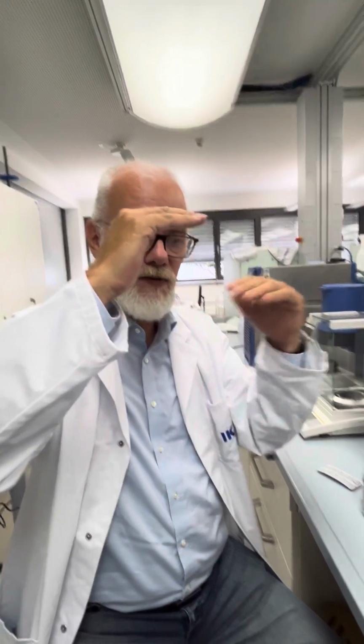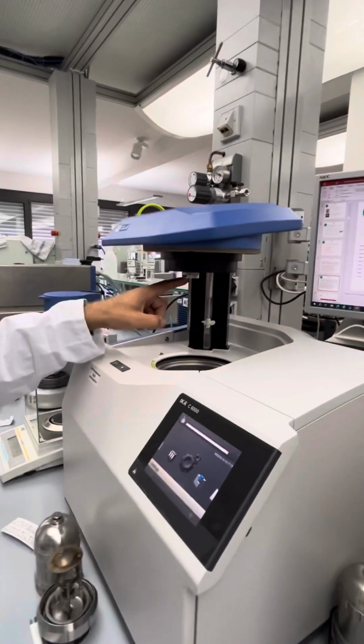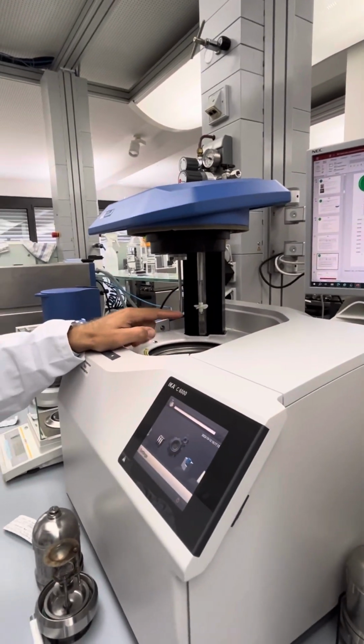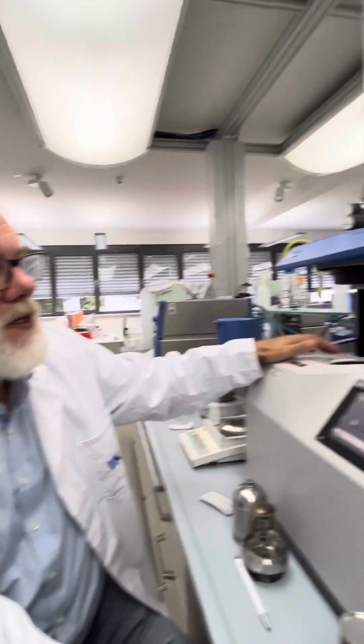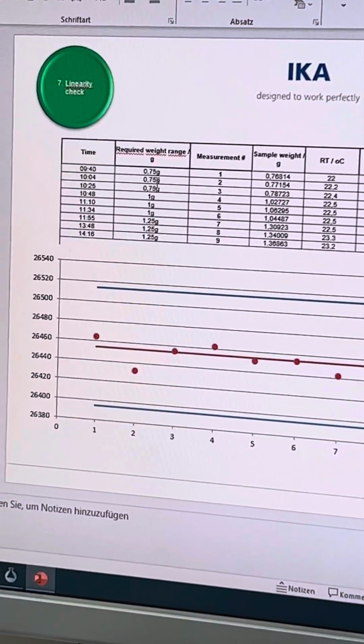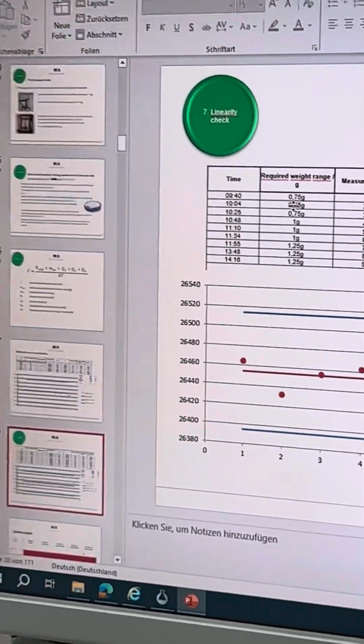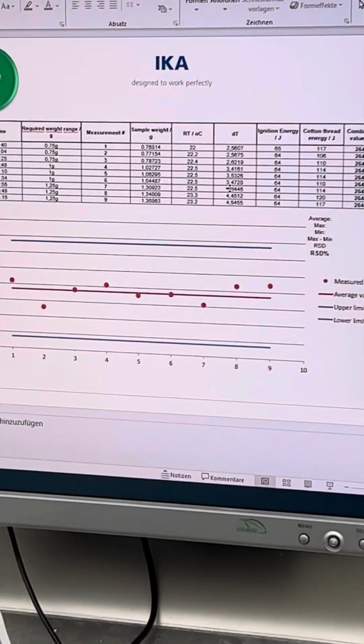If the temperature increase is very low, 1 Kelvin, but you calibrated it with 3 Kelvin, that result you cannot trust, because in the end it all goes back to the temperature sensor. Because the temperature sensor is not linear all the way. So the only valid range would be the range that you have tested. So in this example we've used 25% more and 25% less than 1 gram, but you can also check it with 30% more or less benzoic acid. And then you have your temperature window in which your sample has to be. If it's not,